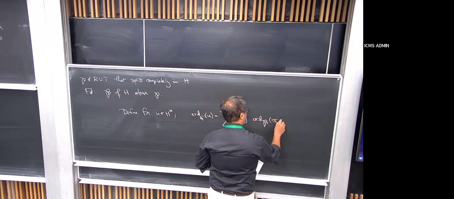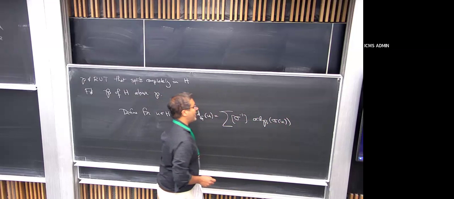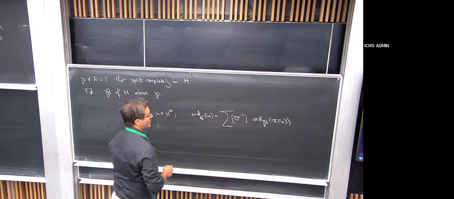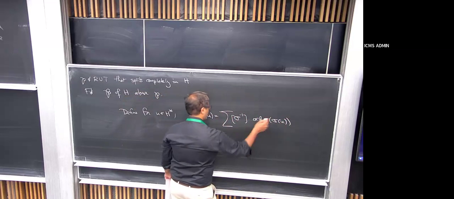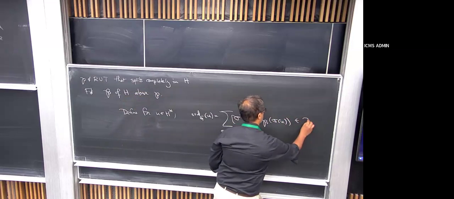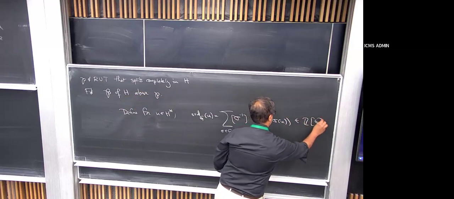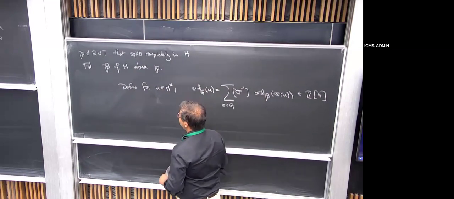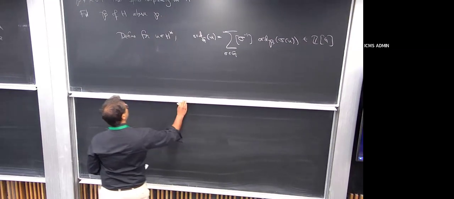Given that this just encodes the valuations of U at all the primes above P, or equivalently at P, the conjugates of U, it's equivalent to this, where sigma is in G. So this is just some element in the group ring. And from the Brumer-Stark, restating the Brumer-Stark conjecture in this notation,